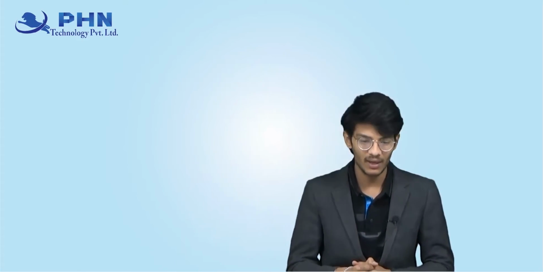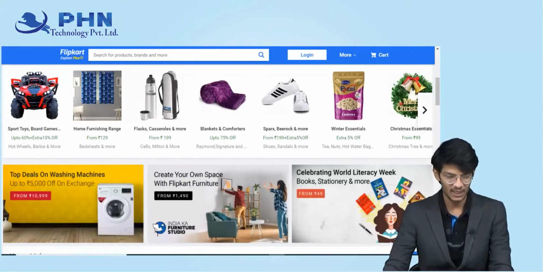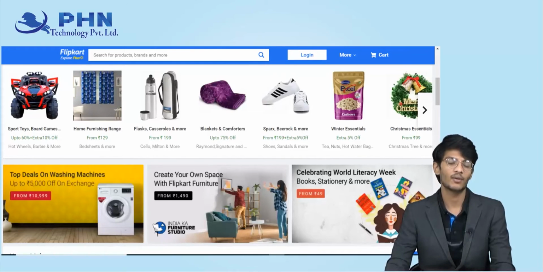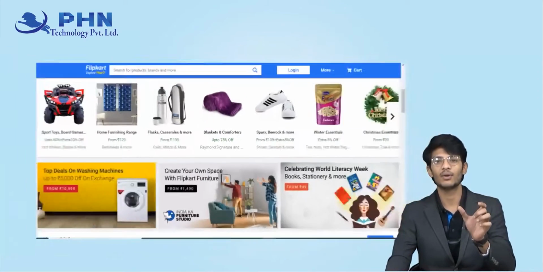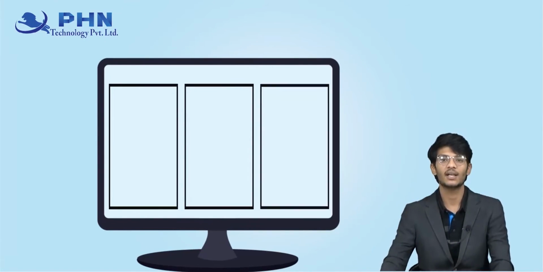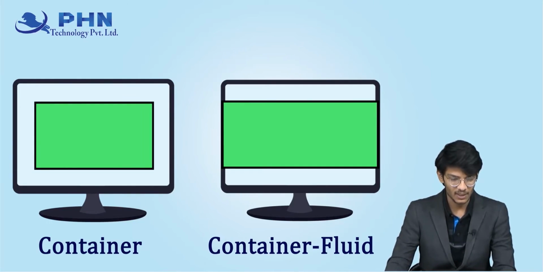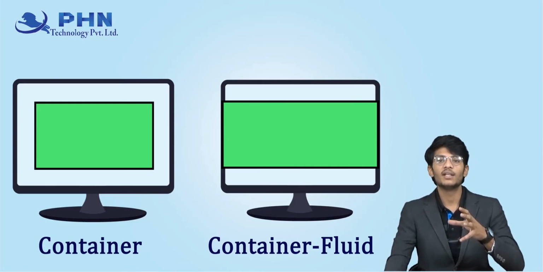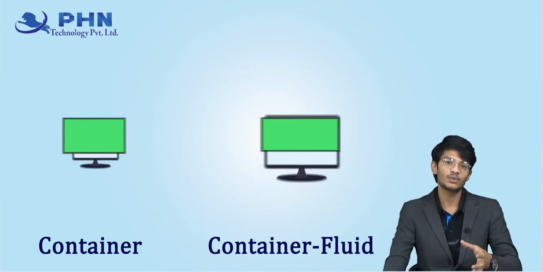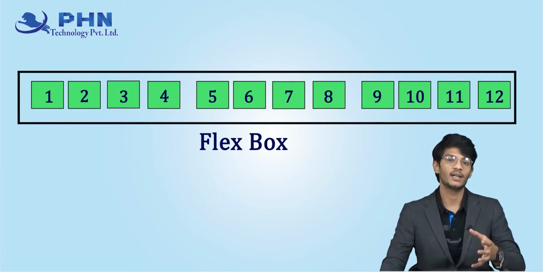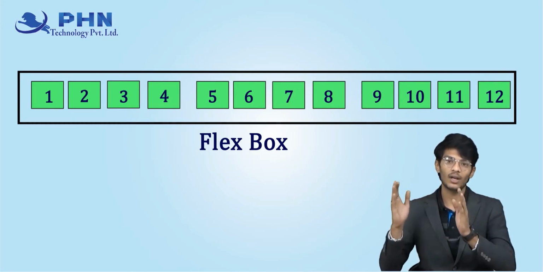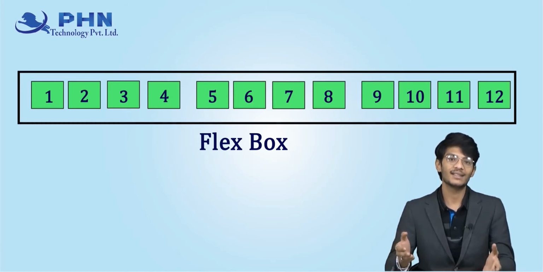So, what is basically a grid? Okay, so you have seen some websites like this, and you must have wondered from where all this alignment and this column type structure came. So, what basically is a grid system? Well, the grid system is built in with the flex boxes and allows a website to be divided into 12 columns. How can you use the grid and what exactly is the grid?